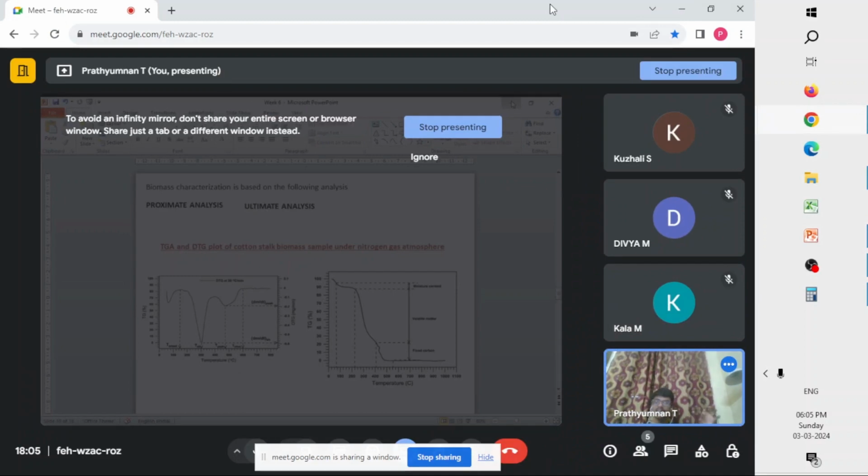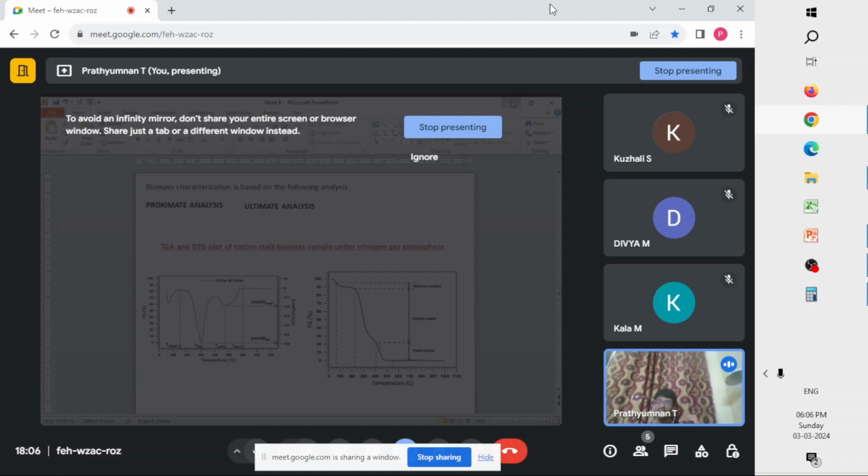It's a kind of thermal characterization technique which we use for biomass applications. The majority of the biomass work uses TGA, a specialized technique for biomass characterization. For any kind of biomass, if you see the literature, you can see the TGA as well as DTG plots, and then you can see their analysis about the proximate